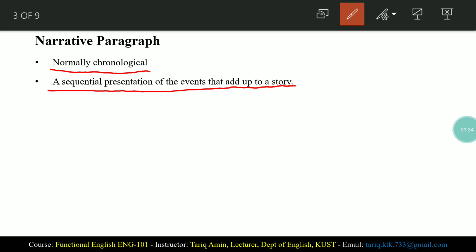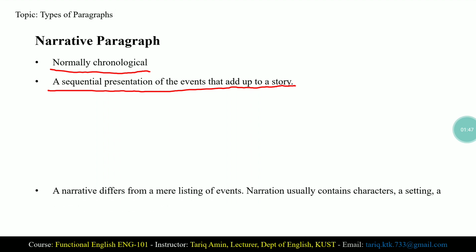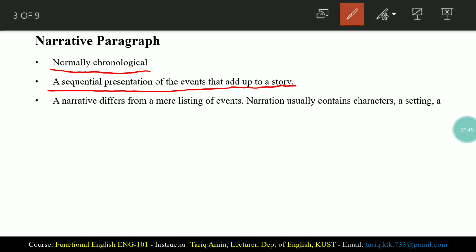For example, you are narrating a particular story and you narrate different types of events in that very story, but you present all these events in a sequential order. A narrative differs from a mere listing of events. It is obvious that a narrative paragraph always differs from just a mere listing of events. For example, you are making a list of events. That is different from